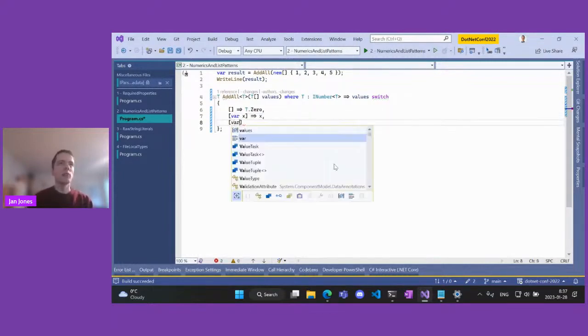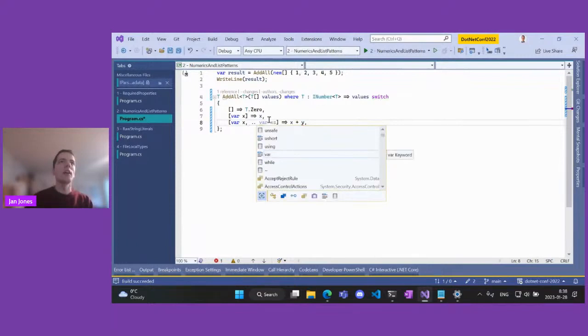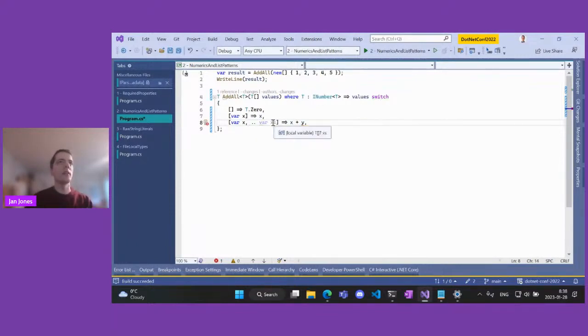And so we can continue, right? We can match a list of 2 elements, which we would add, and we could go on. But we can also be more recursive here. So we would add 2 dots, which would extract a slice of the array for us. If I would want to write it like this, I could. This would match the first element, and this would match the rest of the elements. So I would sum the first with the sum of the rest.